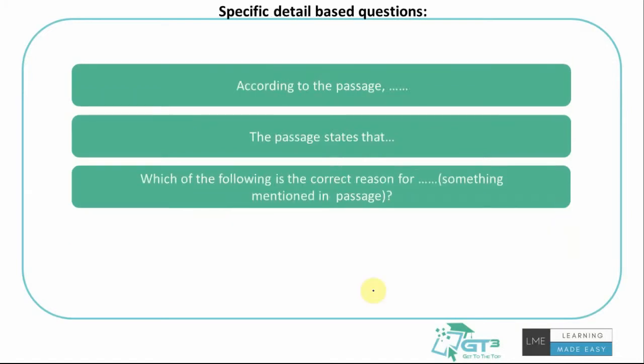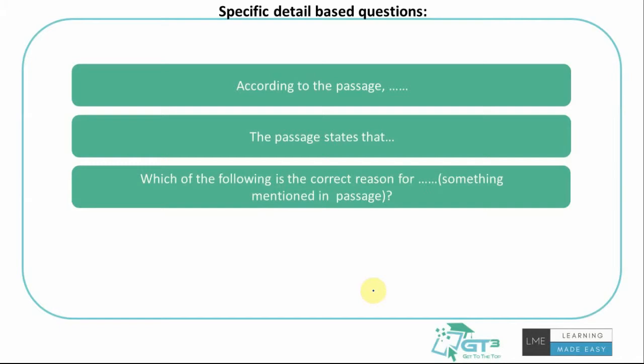The next type of question is specific detail or fact based questions. So this is more like the question would be mentioning a part of the passage, right? Let's say if a passage is talking about, if you remember the earlier video, if you've seen it, we have talked about existentialism, right? If the question says which of the following is the correct reason for whatever the thing that is being mentioned in the passage, right? You have to go to that particular area or piece of the passage, read through them and answer the given question, right? So these would be most probably fact based,